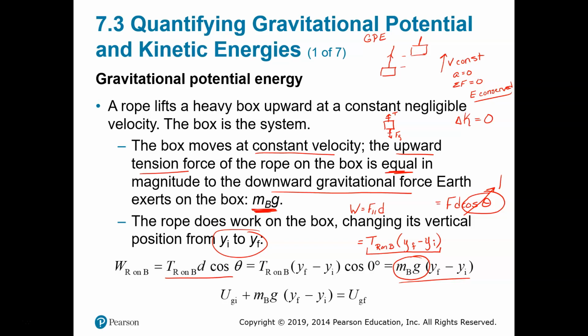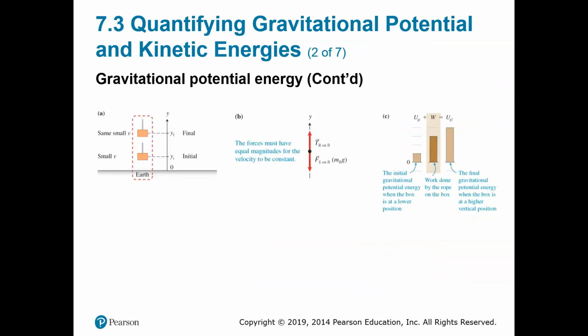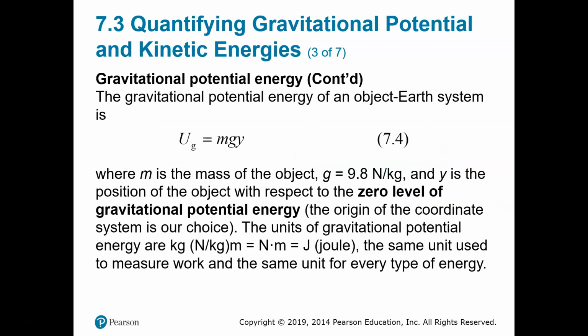So it tells us that the potential energy we started with, based on our position, plus the work that was done raising it up, is equal to our final potential energy. So we have just increased our energy store by basically mg times our change in our height. This is what we've done. We've changed our energy stores. So what does that mean? In a nutshell, what that means is that the gravitational potential energy